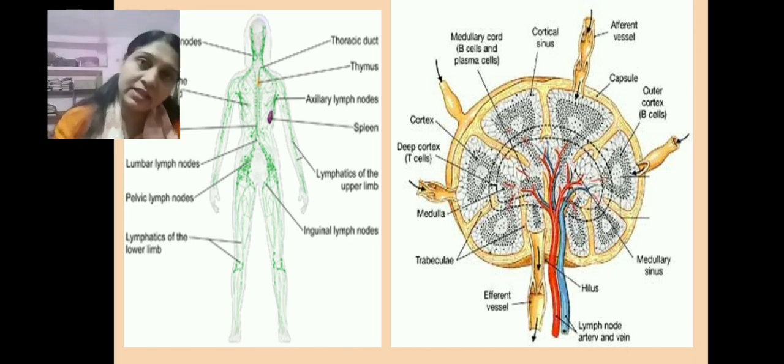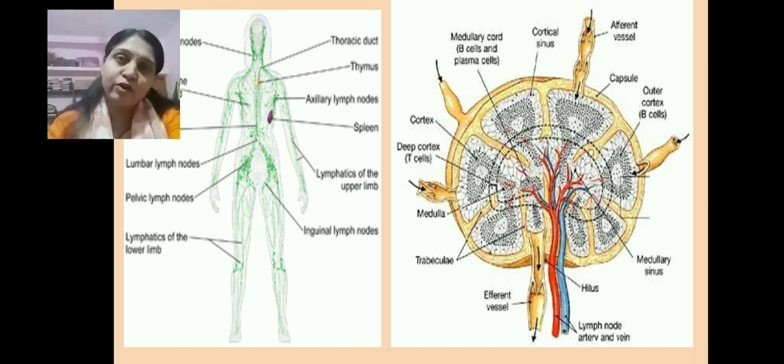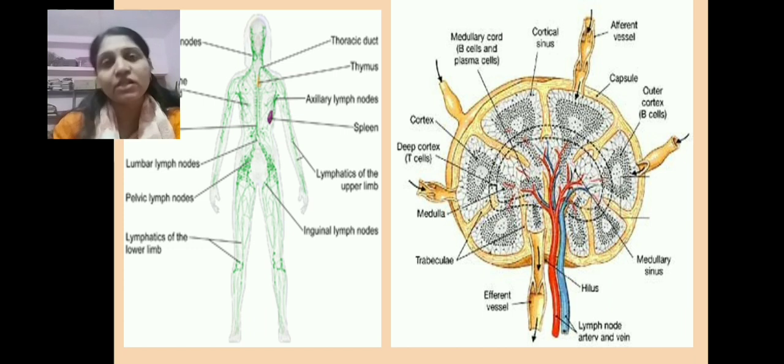In other words, here there is the development of the humoral immune response of our body. This is the site where the B lymphocytic cells are present and antibodies are formed, that is the cortex region of the lymph node. Within that, again, there is the presence of the germinal centers.